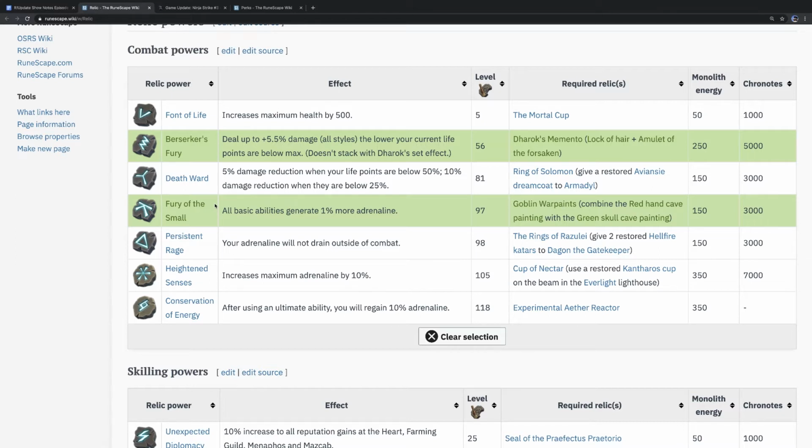All right. Persistent Rage: your adrenaline won't drain outside of combat. I'm going to guess that's a no. Yeah, it's a no, except that I might use it if I were, say, AFKing God Wars Dungeon 1 and was doing it with potion reservoirs and this perk, and so it just made it so that,